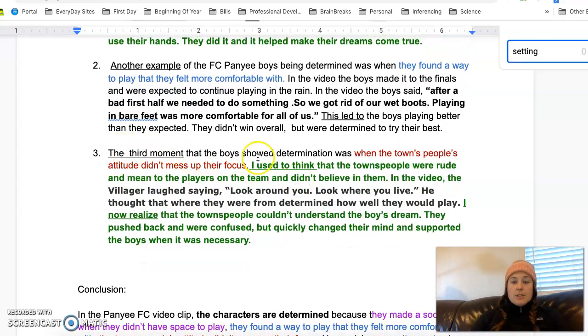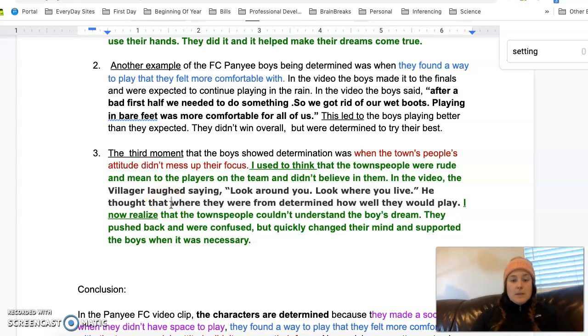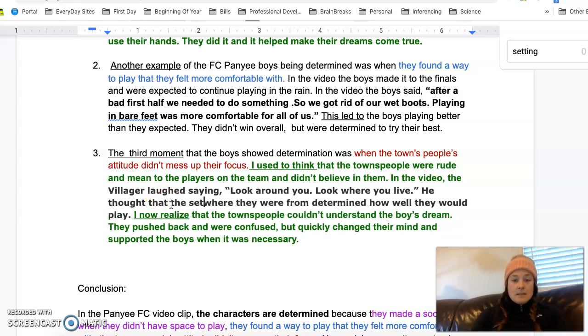The third moment the boys showed determination was when the townspeople's attitude didn't mess them up. I used to think the townspeople were rude. The villagers laughed, saying, "Look around you, look where you live." He thought that where they were from determined how well you could play. He thought that, we could say, the setting